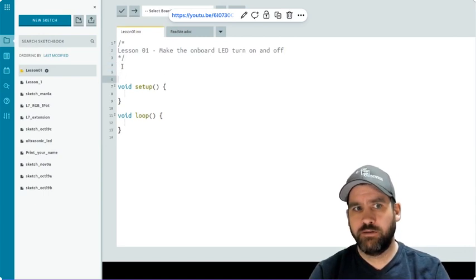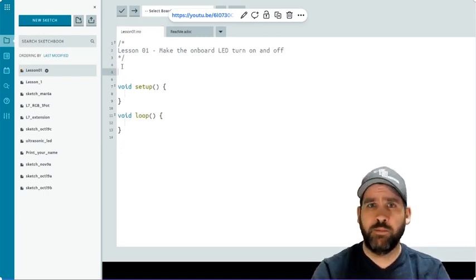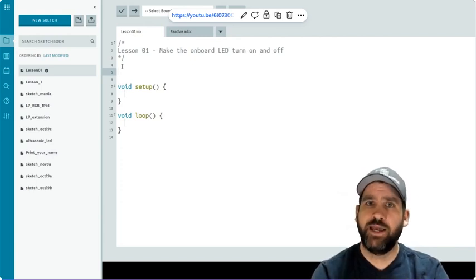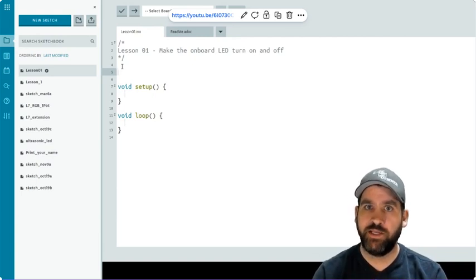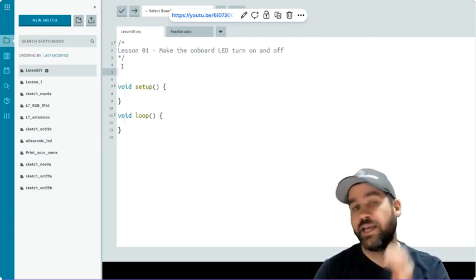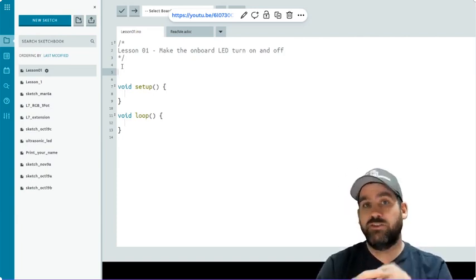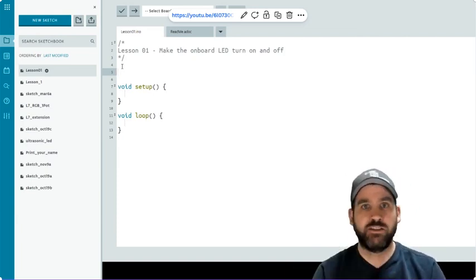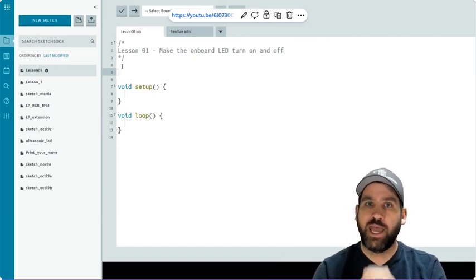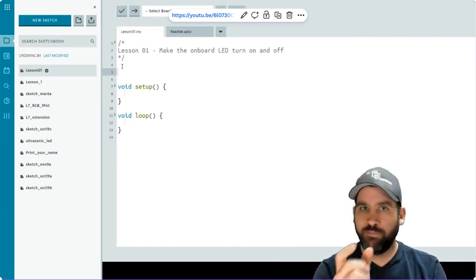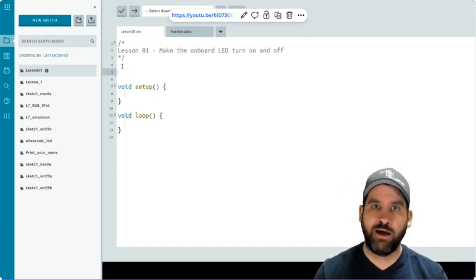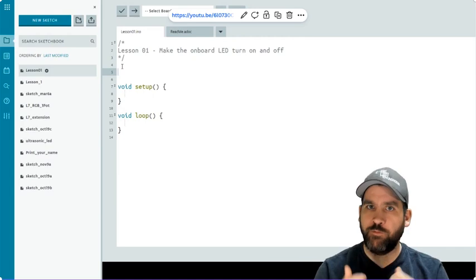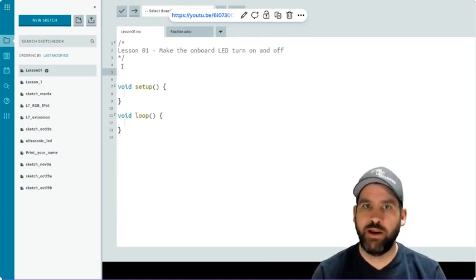Underneath my comment, and before my setup function, I'm going to do something called creating and initializing a variable. Now, this is a core programming concept, the idea of a variable. When we set up a variable, just like in math, when we declare x to be equal to something, we are going to tell the Arduino that something that we've named can have a different value. And we can set what that value is going to be, but the name is always going to be the same. And that way we can always refer to it,